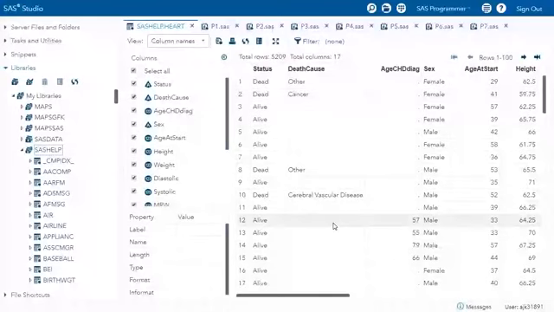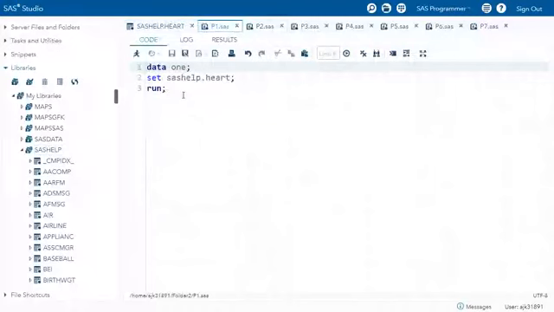Now, let's go into the programming. This is one program which has only 3 lines. What does this program do? This program copies whatever was there in sashelp.heart to a new data set or new table named one. You can see here the code which I have used: data one; set sashelp.heart; run;